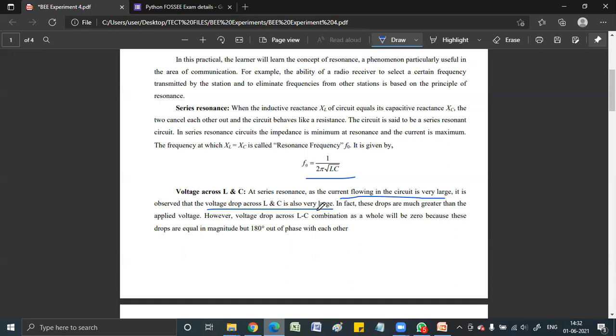But what happens, we have already seen that when you consider voltage drop across the LC combination, at the resonance, they both will be equal in magnitude, but they will be 180-degree out of phase, right? So as already seen, if I take this as my reference current I, where will be VR, where will be VL, and where will be VC? Can anyone tell?